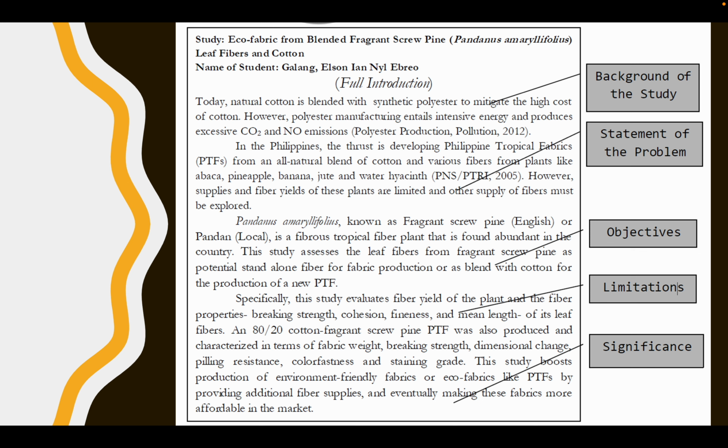So, what will be the result if the yield of fiber plants is improved? If we have more available fibers, it will be cheaper. Right? Law of supply and demand. If the supply is high, the price of fiber goes down. So, what is the result? If the price of fiber goes down, our clothes will be cheaper, and we won't keep buying from the ukay-ukay because clothes are cheap. So we can buy brand new clothes because of your innovation, because of the research on fibers.